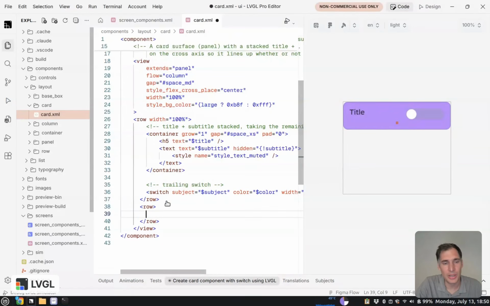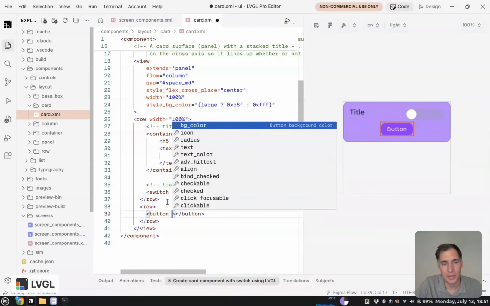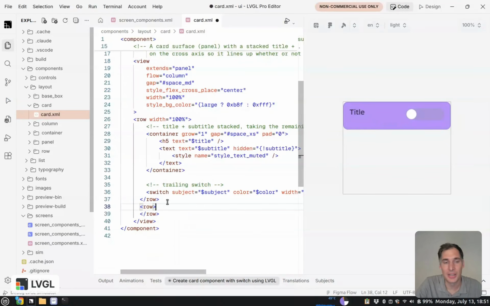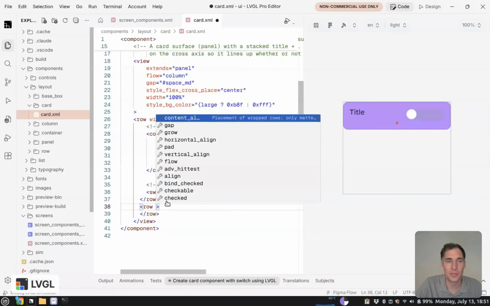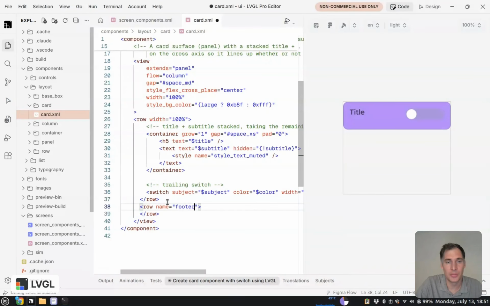So in this row, I can create things like a button, another button, so it's like a footer for this card. But maybe I want to customize this footer part externally, and this is for what we can use the slots. I just need to give it a name, let's say footer,